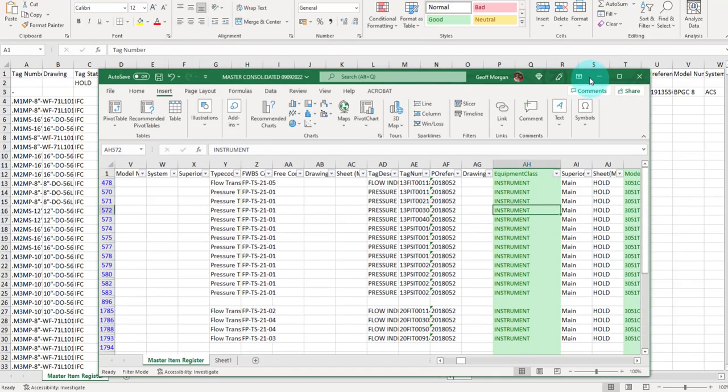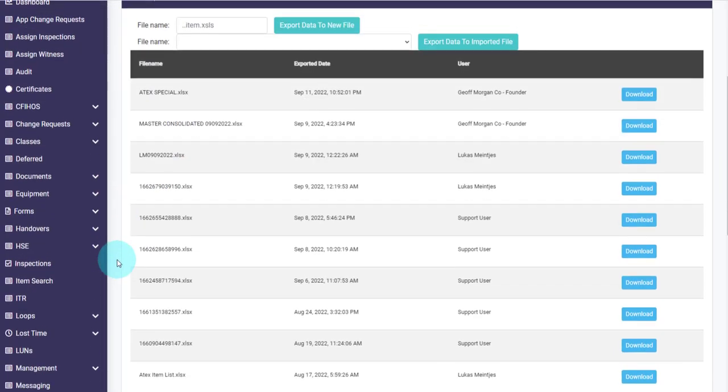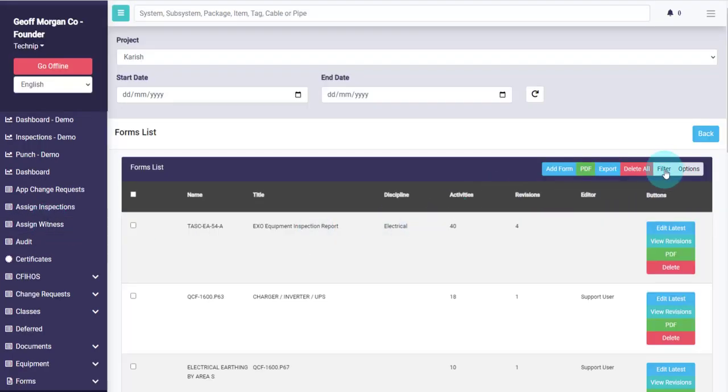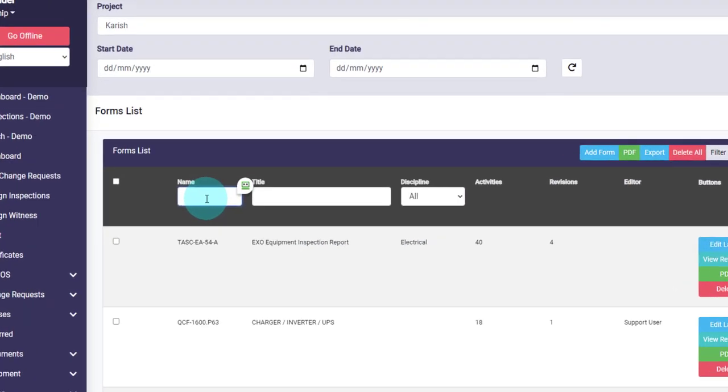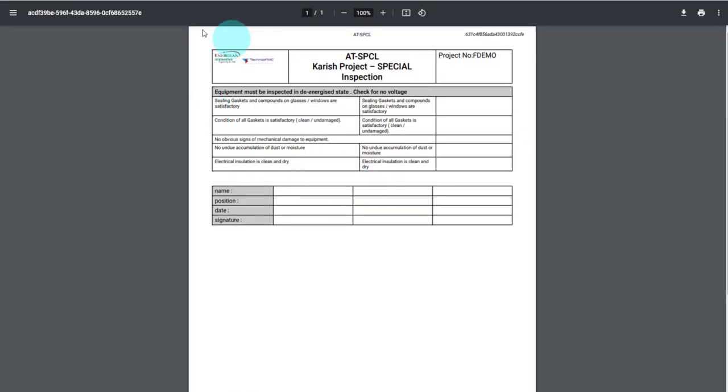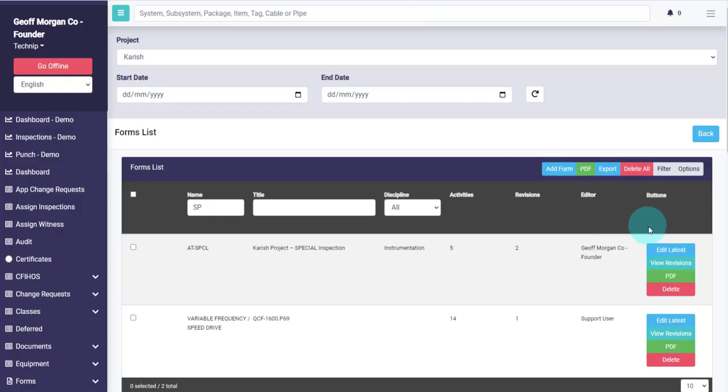So let's go back to the Accord instance, and I'm going to create a form which we will utilize just for those 3051 devices. So in this forms area here, let's go to our forms list, and I've already created a form which I've called special. There it is there, ATEX Special, and if we have a look at that we can see the PDF of it. I've just put a couple of items on. Is it good, is it okay? I can edit that,